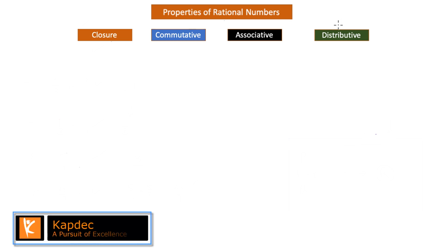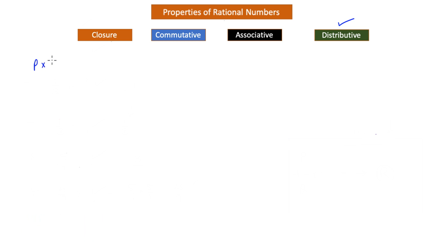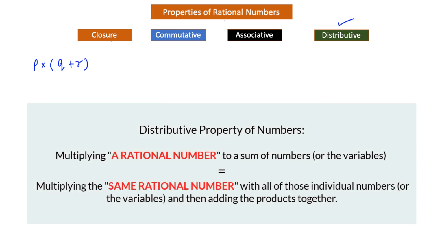Now let's talk about the distributive property for the rational numbers. What it means is that if you are given a couple of rational numbers, the first one being p and it is outside the parenthesis, and then there are two or more numbers inside the parenthesis. According to the distributive principle, the number which is outside the parenthesis will be multiplied with each number that is